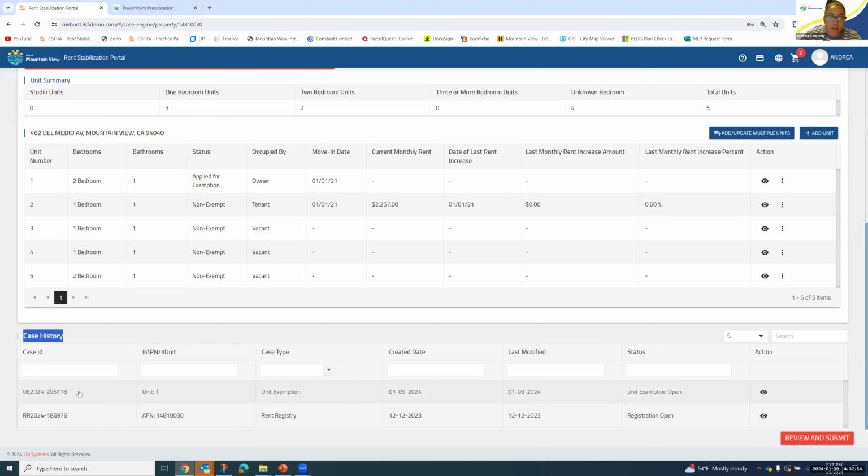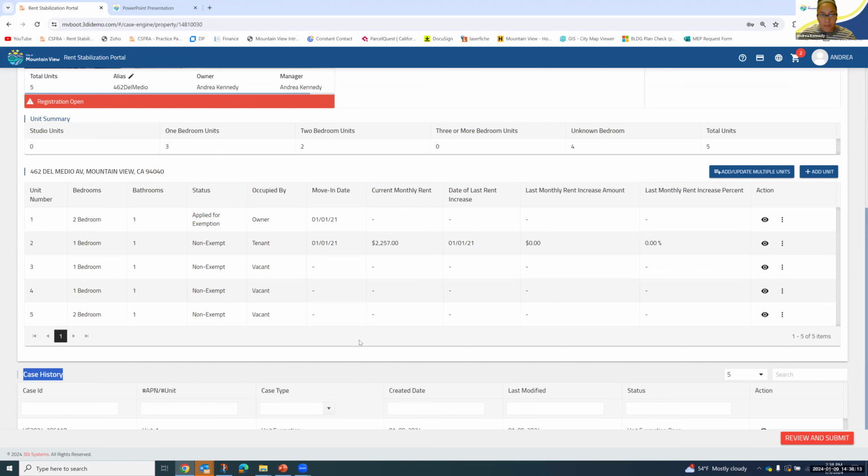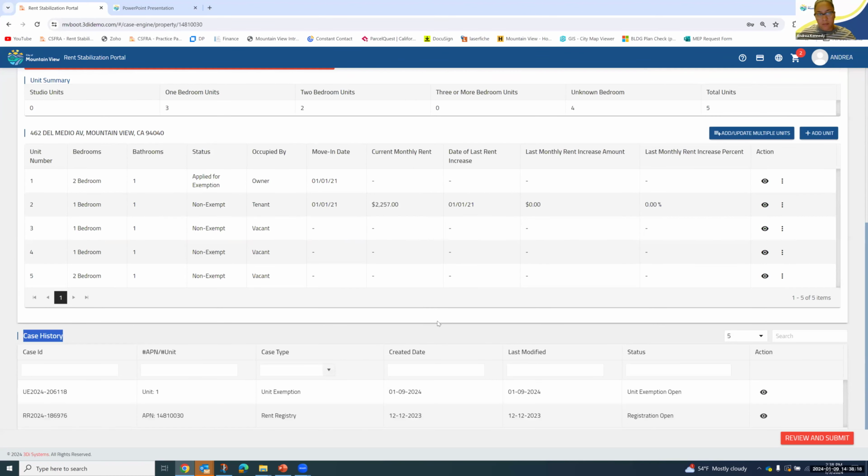And you'll see our most recent case, as we call them, is a unit exemption. It was submitted today, and it's in status open. So somebody from our staff will go in there and approve that. So if you upload it, it should be approved that same day.